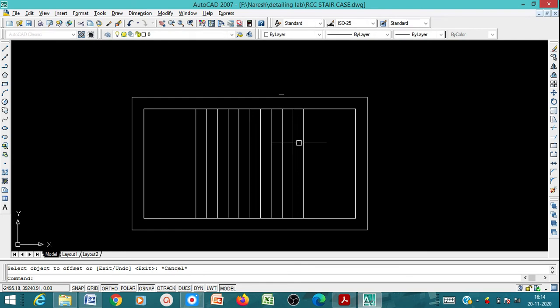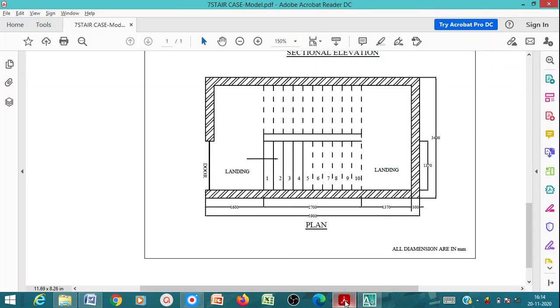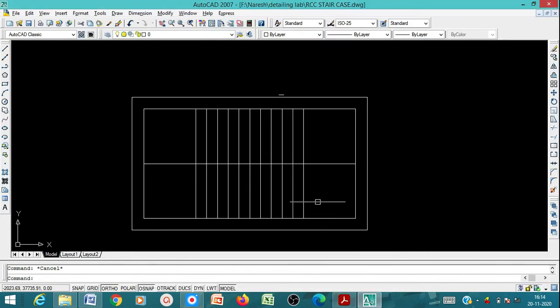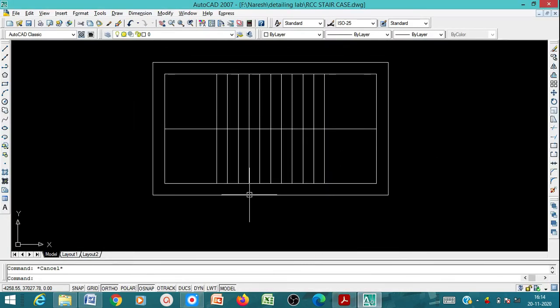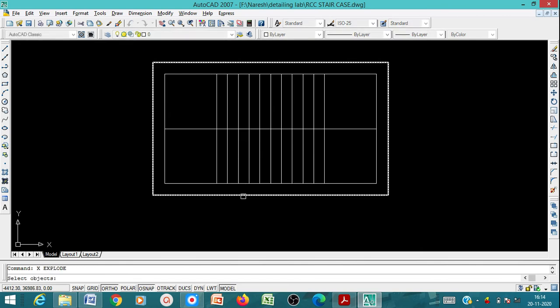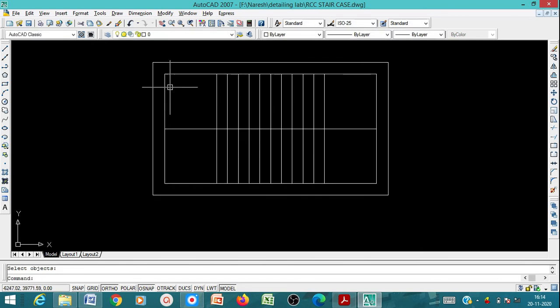Understood. Then we have the line in the center. Yes, this is the center line. We'll check the dimensions here first. I'll explode here, and delete this and this.